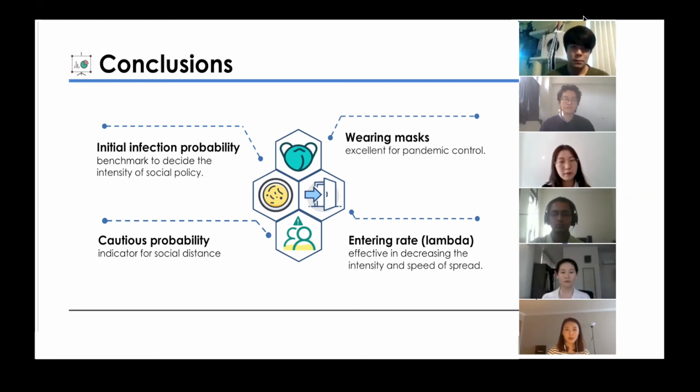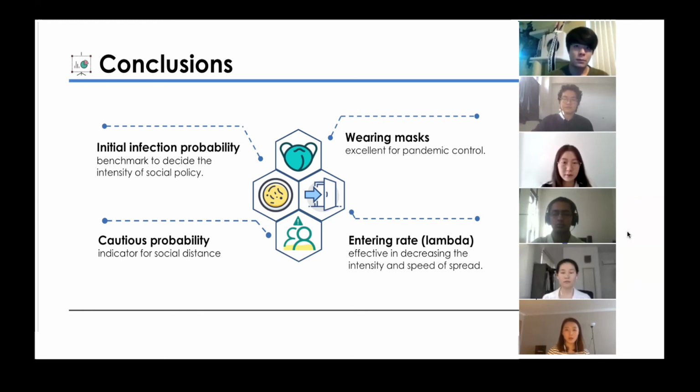Next, the cautious probability, which also refers to an indicator for social distancing. It is quite helpful to slow down the spread of the disease. And the last one is about the entering rate, which also refers to the lambda. When we control and limit the entering rate, the intensity of the virus spread could be decreased a lot. In a word, we believe that it would be significant if we could consider those factors when we make